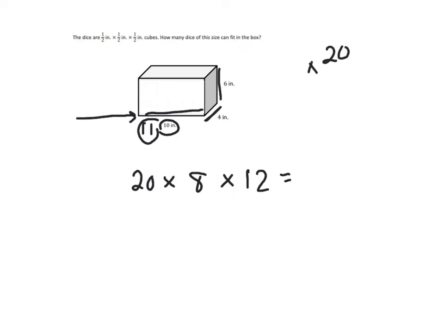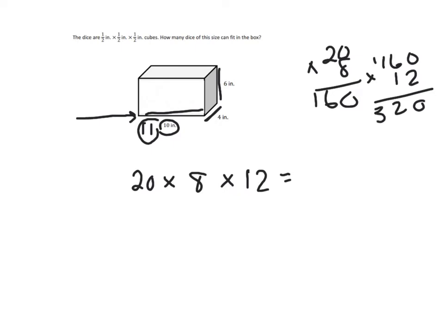20 times 8 we'll do first. 8 times 0 is 0. 8 times 2 is 16. And 160 times 12. 2 times 0 is 0. 2 times 6 is 12. 2 times 1 is 2. Plus 1 is 3. Placeholder going into the tens place. 1 times 0 is 0. 1 times 6 is 6. 1 times 1 is 1. We add these together, and we get